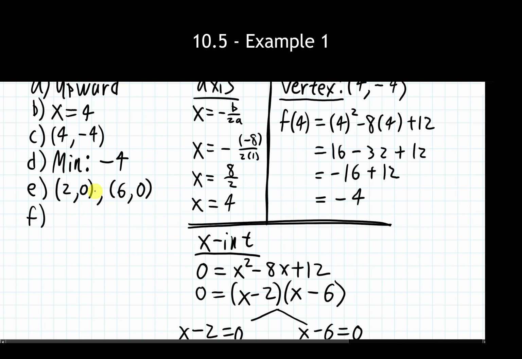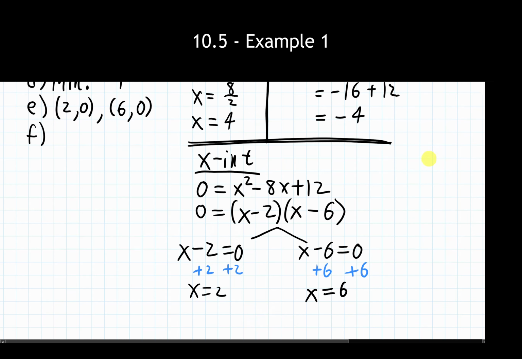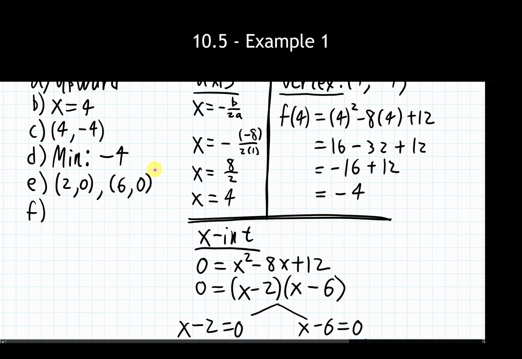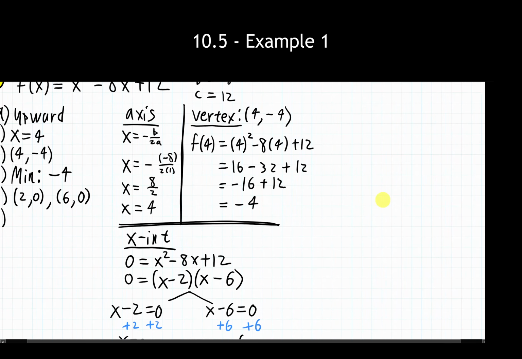This is a very, very common occurrence for people, is they will just leave it as x is 2, x is 6, or they'll do something like, again, 2, 6 as an answer. And again, it's not obvious that this is 2 separate points. It could be that 2, 6 is actually a point on the graph somewhere. So we need to make it very, very clear that we write it as an x-intercept. Okay? Now our last part we're asked to do is to find the y-intercept for this thing.